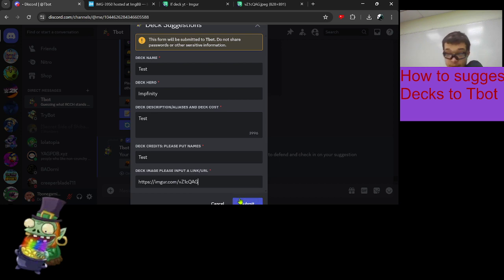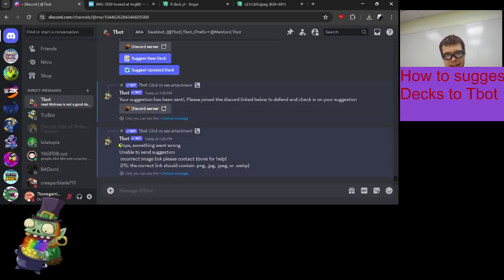I have an error detection system, which is basically just an if statement that checks to see if this has a .jpg, .jpeg, .png, or .webp in it. If it doesn't have it, then we're going to get that error: unable to send suggestion, incorrect, contact Tbot. By the way, if you get